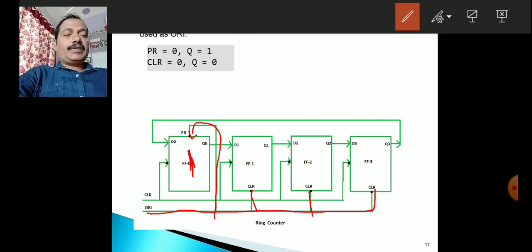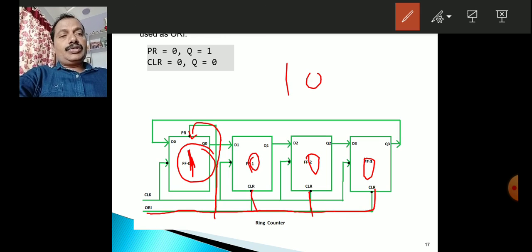That is the difference. So this override input makes ff0 to 1 and all other flip-flops to zeros. So this is the first setting, 1 0 0 0,